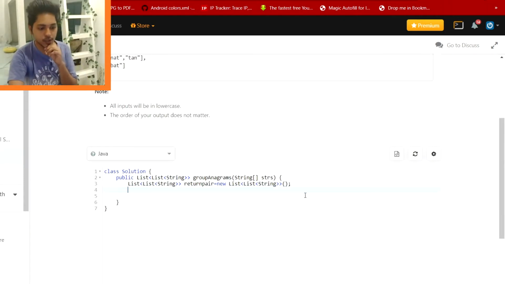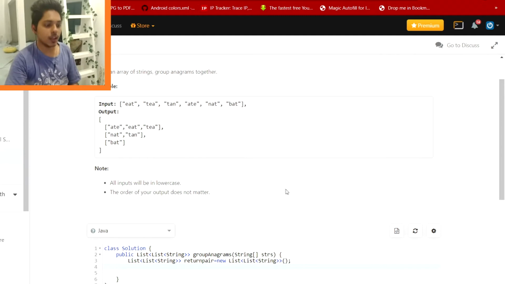Now we need to make a hash map to store the groups. How I am going to achieve this solution is, I am thinking of sorting all these words' letters individually. So if I sort ate it will be a e t.